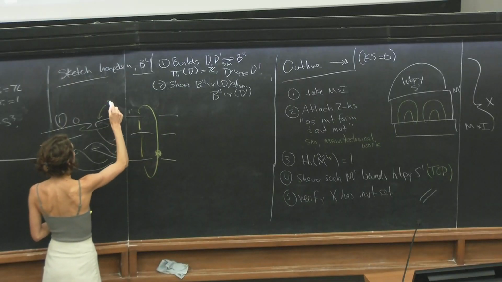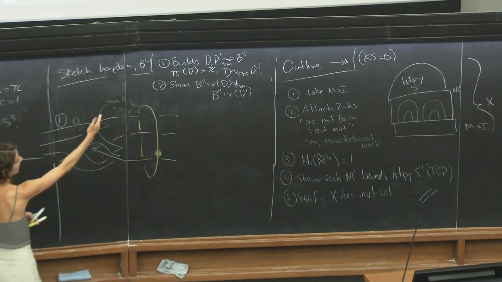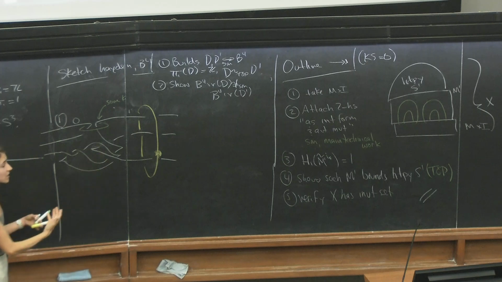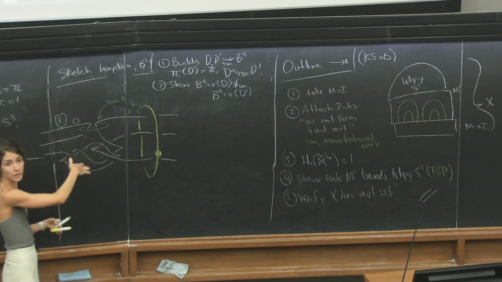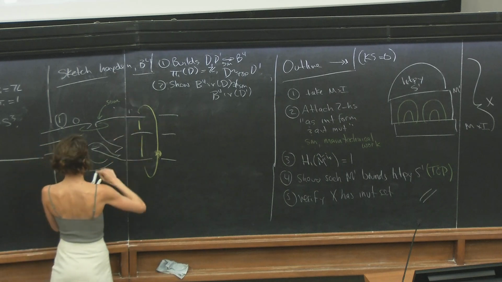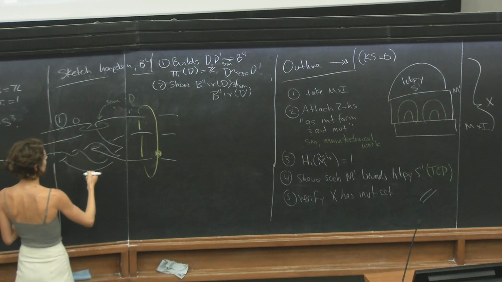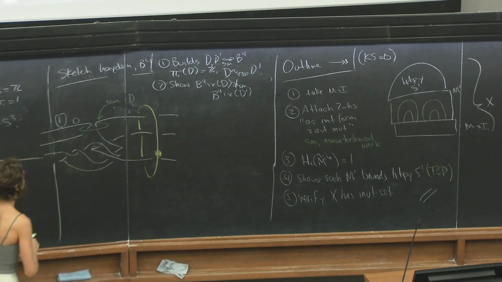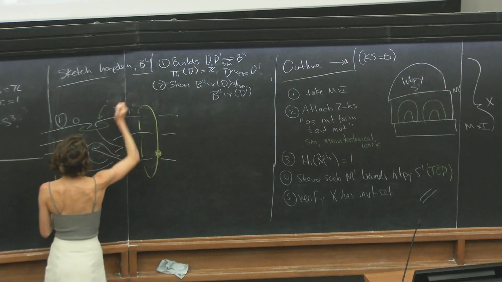And in fact, we can see in this picture that the knot in S3 bounds a disk in the 4-ball, because you can just take this little disk and push it a bit below the 2-handle. So there's some disk here. So instead of thinking about this as a knot, let's think about it as a disk. Let me leave it like that for a moment. So this is going to be one of our disks, D.